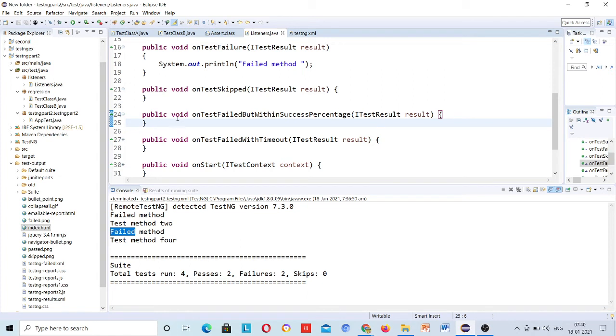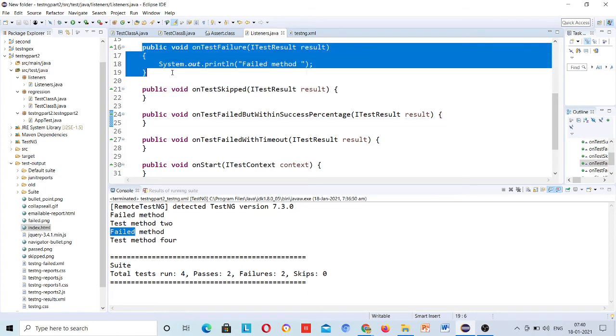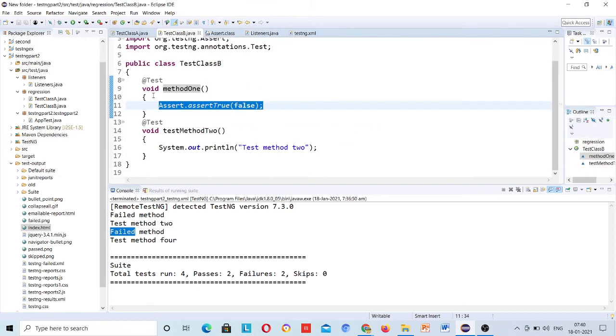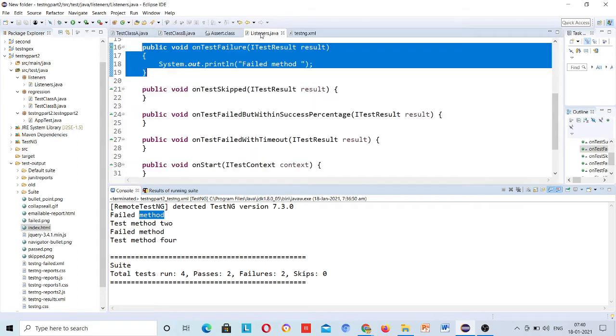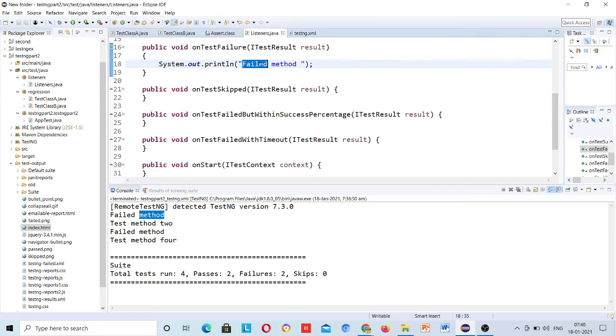So it came here on test failure method. Now which method came here? Method 1, but I have written in this listeners only failed method.